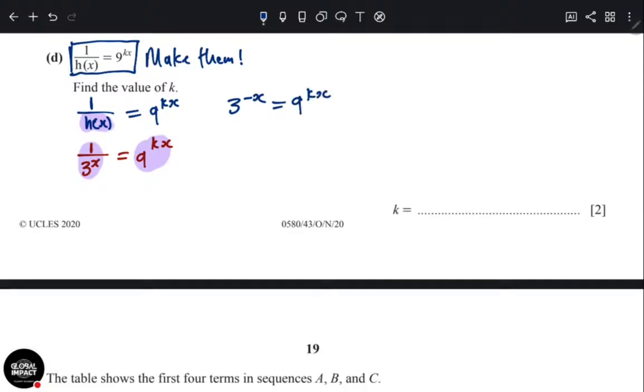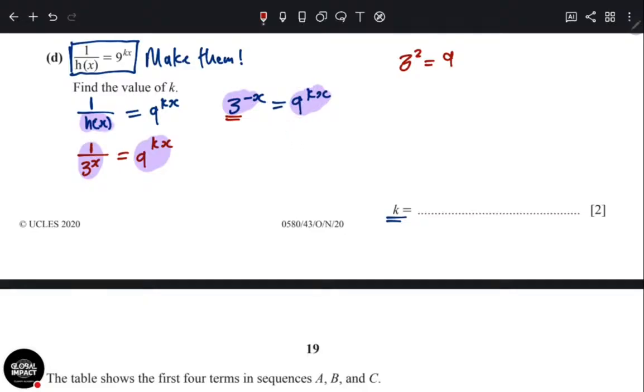Now, because we want to make two things equal so that we can understand them, they want us to find the value of k. For us to know, the left and the right should look alike so we can see k. Here we have 3 to the something, and here we have 9 to the something. We can't see because one is 3 to the something, the other is 9 to the something. So you need to change this 9 to the something and make it a 3. What is 9? We know that 3 squared is 9. So we are going to remove 9 and put 3 squared.